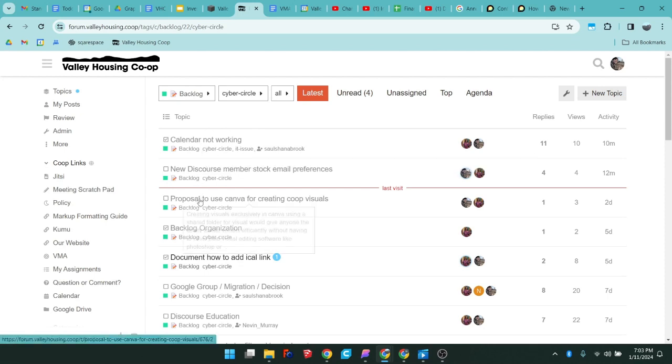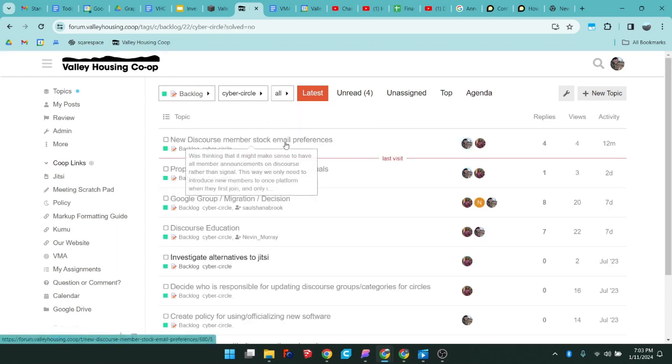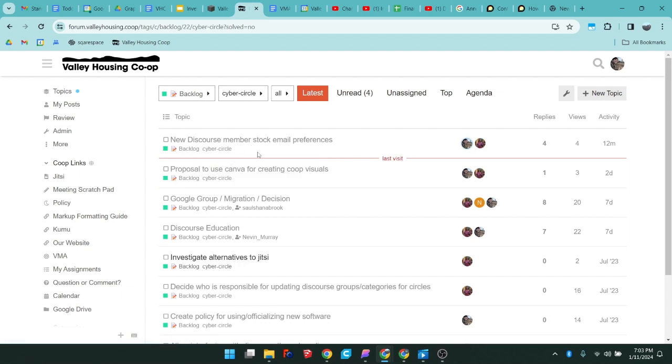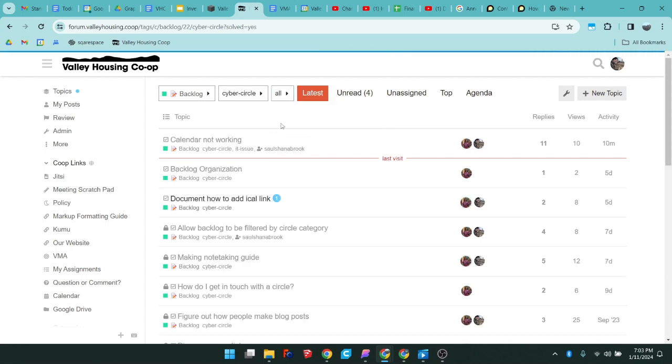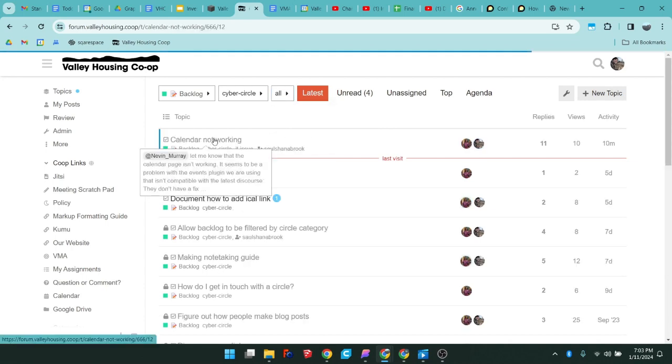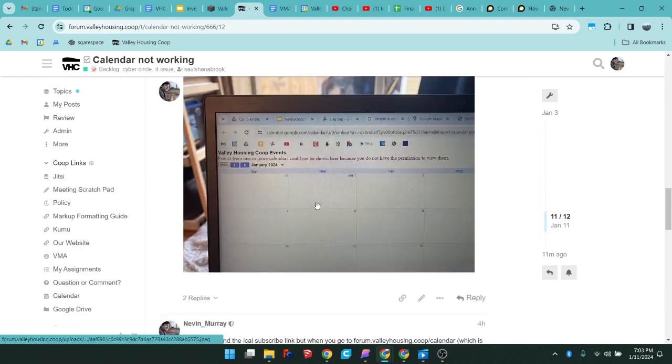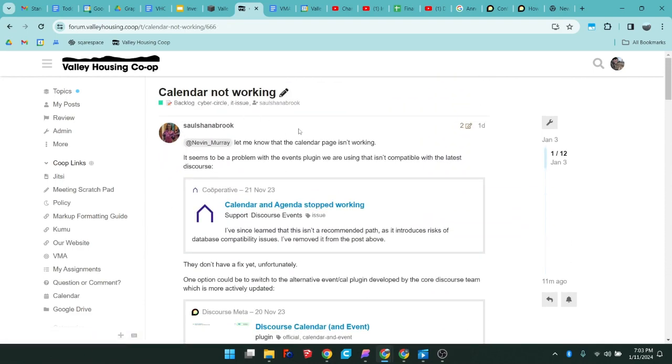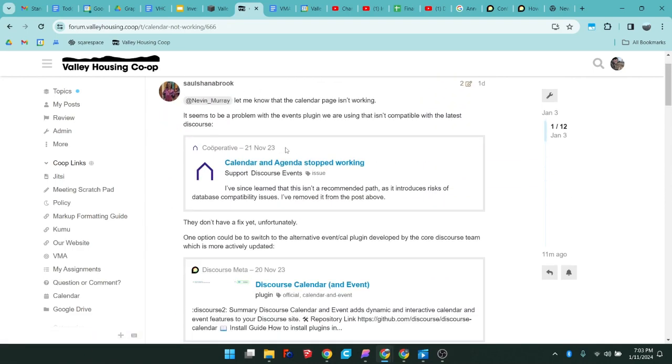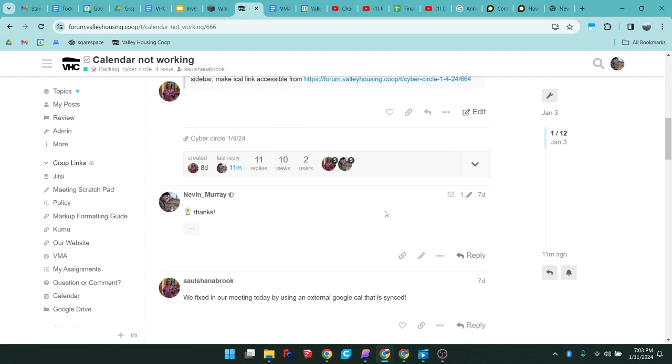In the backlog, we have two states for all of the topics. We have solved and unsolved. Unsolved is how things get entered into the backlog. They'll start as unsolved, and then once the circle has completed that backlog item, they can label it as solved. The way you do that is by replying. There was the original post of the topic, and then once you reply to it,